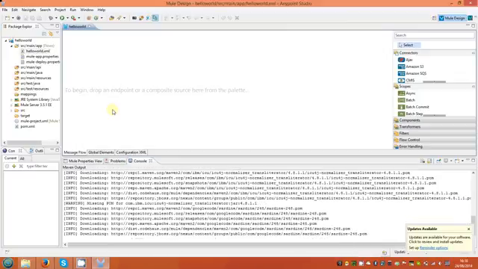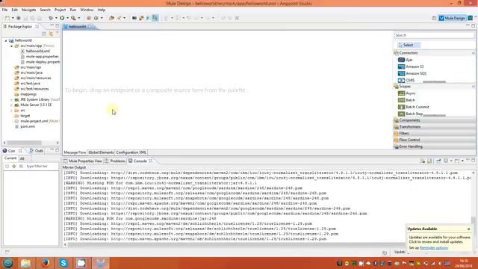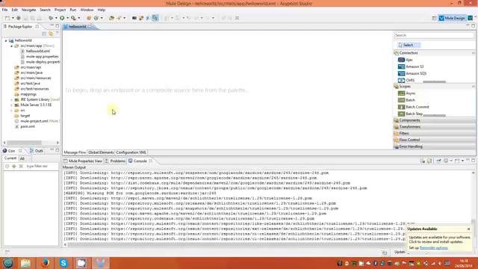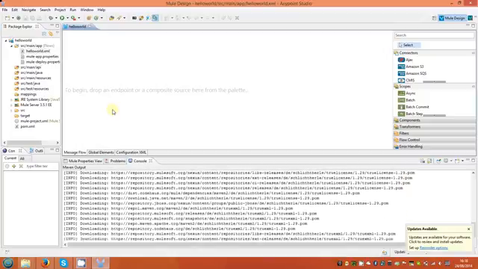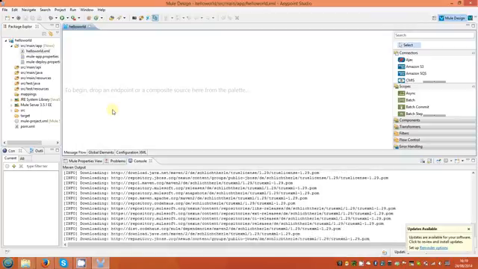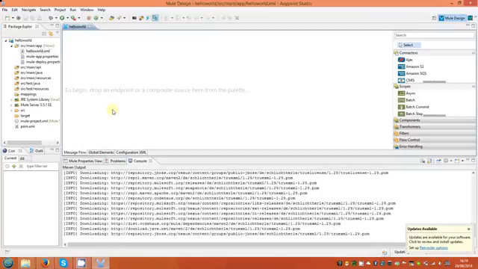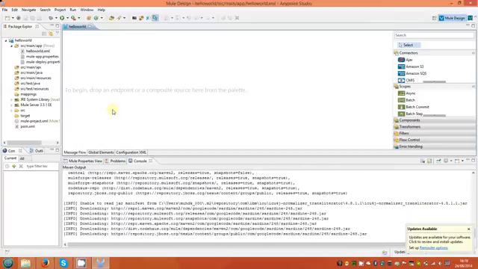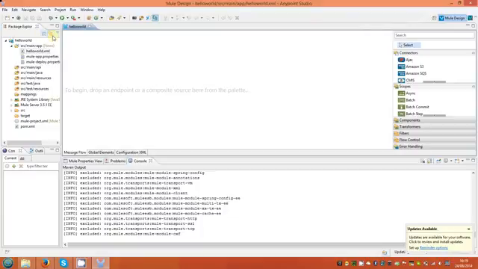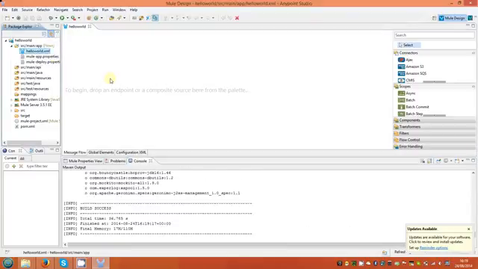So as you can see, because I've just opened it the first time, it's downloading all the jar files that it would need. It won't do it every time, just this time. So you just wait for that. Once that's done,